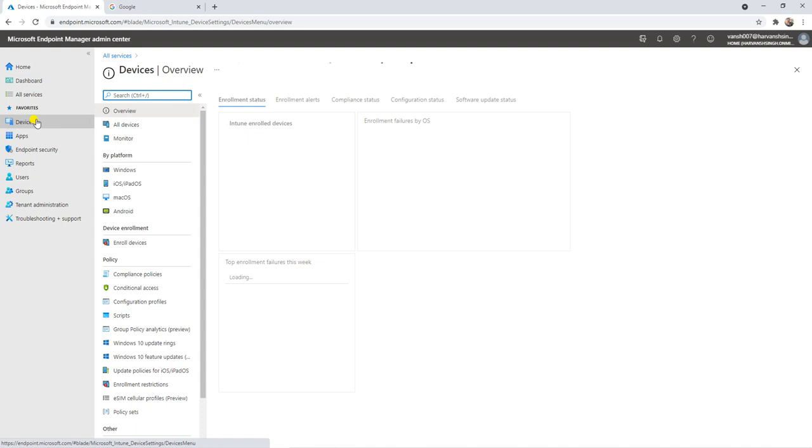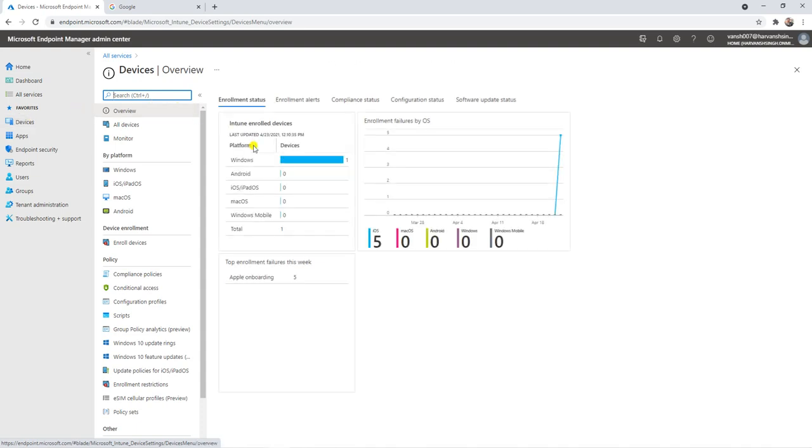Under devices, here is a big list of features. It shows you the enrollment status. As I showed you, if you click here, I think the click is not working here. How many devices are enrolled? Windows devices enrolled is 1, and Android is 0. These are the things you can get from here, like all your platforms, how many clients are enrolled yet in your Intune console.